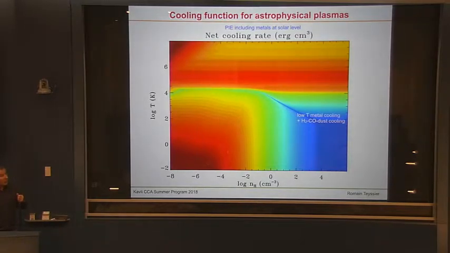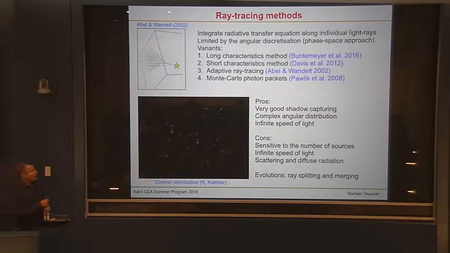Now, if the photons are not optically thin, meaning they will be absorbed inside the galaxy, at least, then you cannot do that. You have to solve for the radiative transfer equation, right? So that's the big difference. So now how do you do that? So there is, as I said, two approaches here. So the first one is